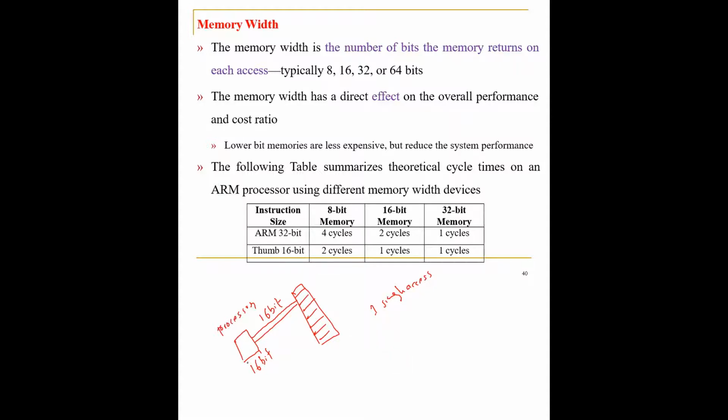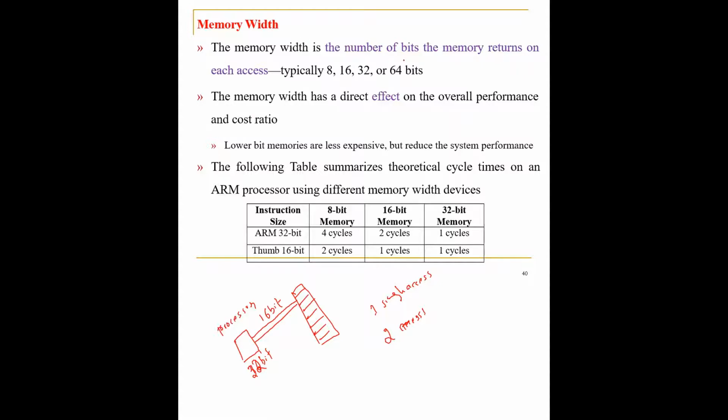Suppose let us say that the processor is 32-bit wide, okay? If the processor is 32-bit wide and the bus is 16-bit wide, then normally the processor has to go with two memory accesses or two access cycles in order to gather the data the processor requires, which means that the processor will sit idle for one memory cycle until the data is completely accessed. See, that's what is given here.